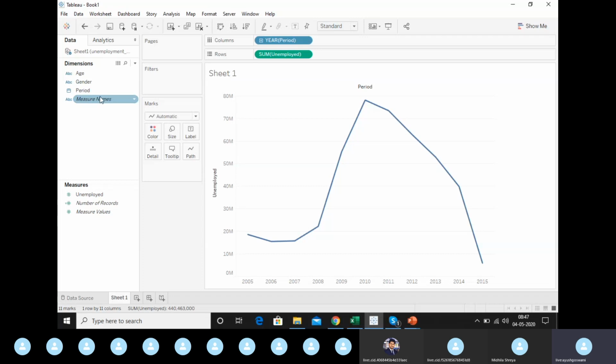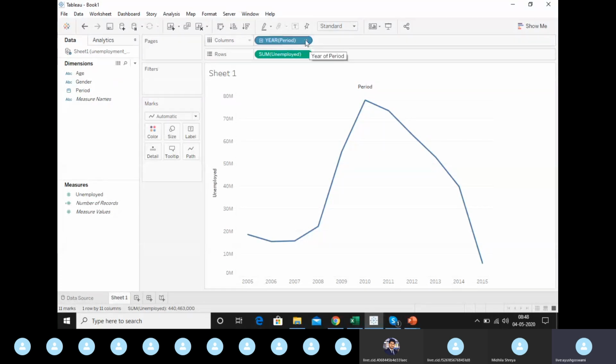But here you are able to see whenever a dimension is understood by Tableau, its color is blue, right? So Tableau automatically understands that this is a dimension, and it will color code it as blue. Same is the case with measures, and it will make it green. So you can see the differences here, right?